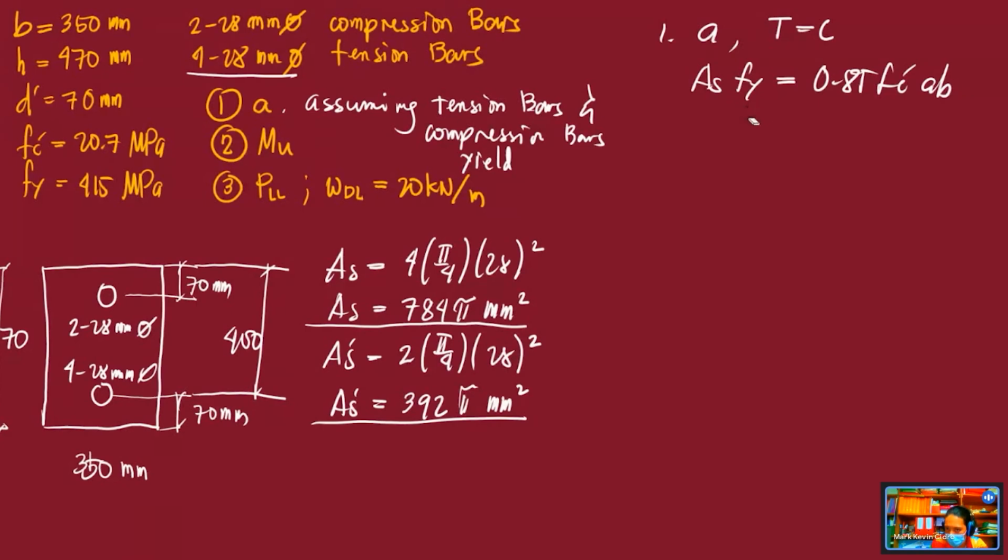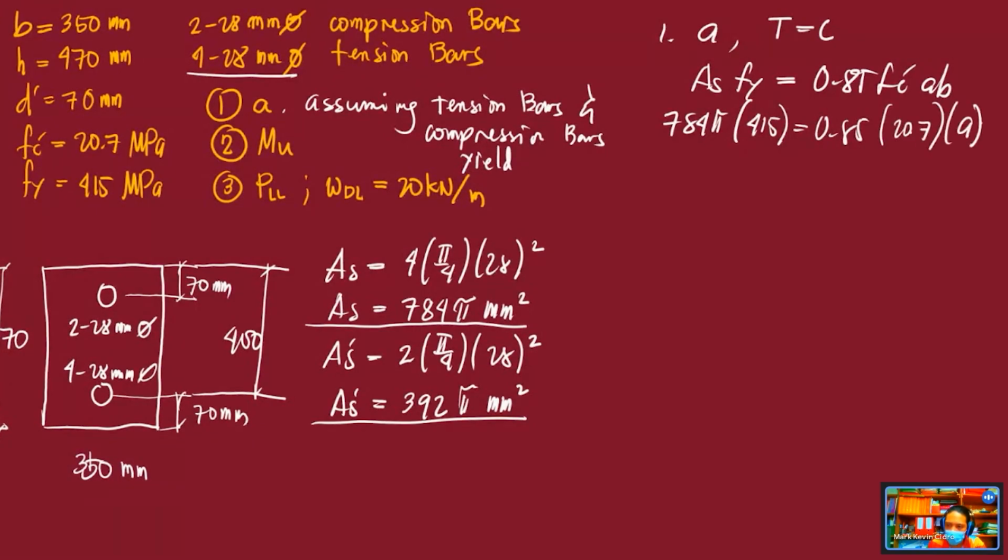Okay, so that's why we assumed singly reinforced. Let's check if indeed it is doubly reinforced. So your AS here is equal to 784 pi. You are assuming it yielded, that's why we use Fy. Fy is equal to 415. This is equal to 0.85 times your fc prime, which is 20.7,